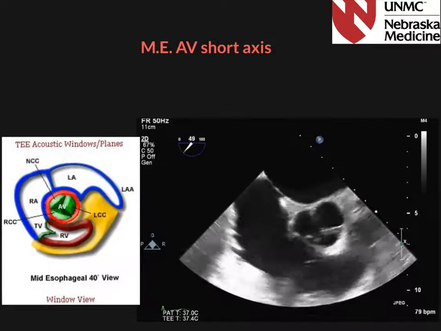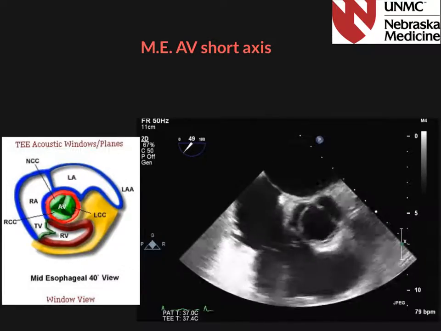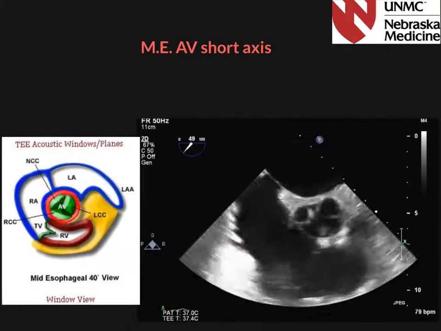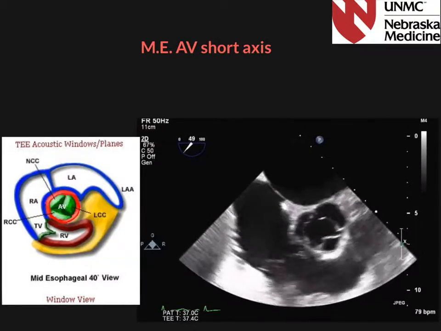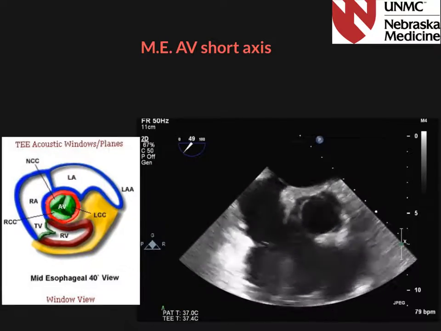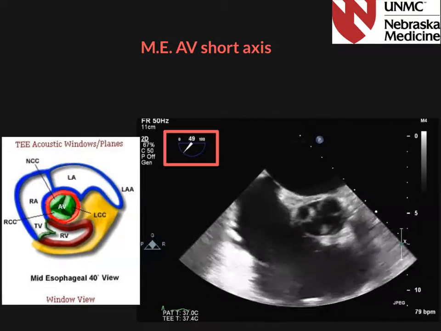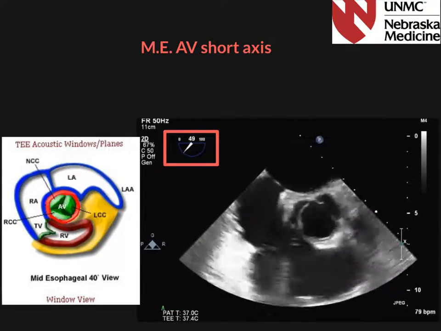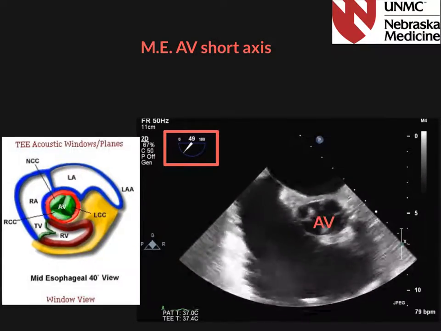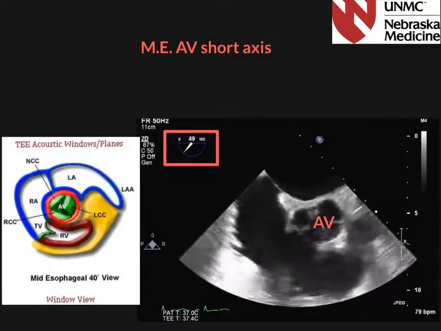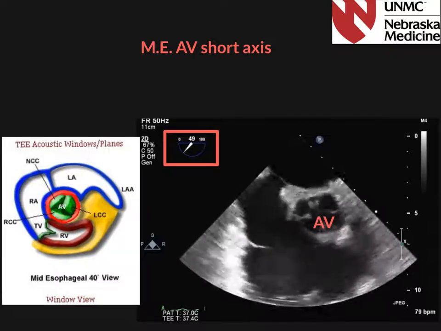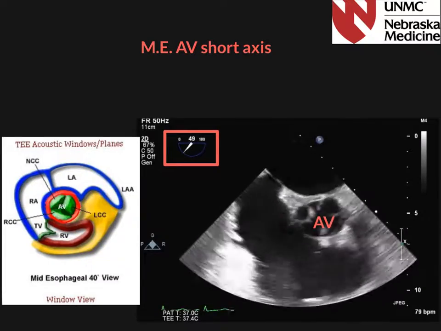In the normal imaging sequence for transesophageal echo that we use, the mid-esophageal aortic valve short axis is the first image that we typically acquire. The omniplane is typically at 40 to 50 degrees, and the ideal image includes the aortic valve in cross-section centered on the screen. Now, one should note the overall structure of the aortic valve, specifically whether or not it is